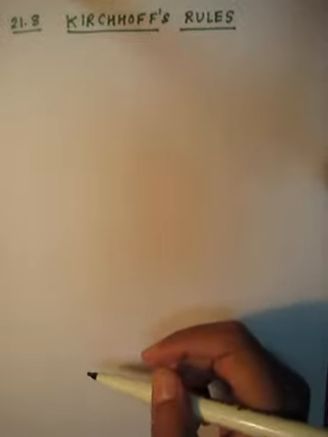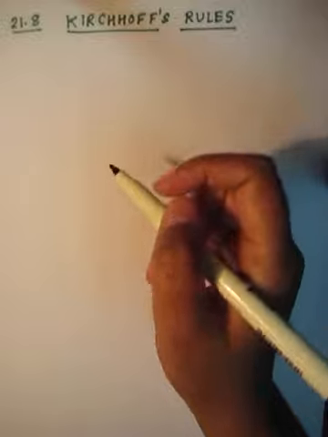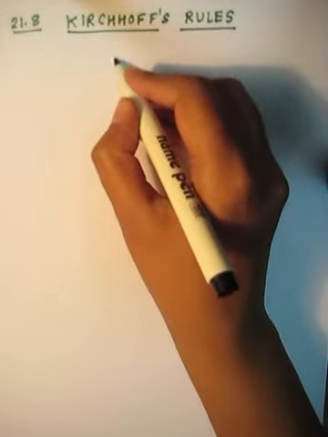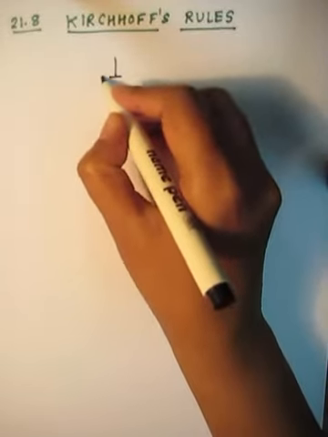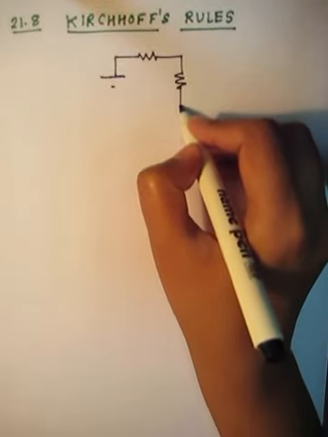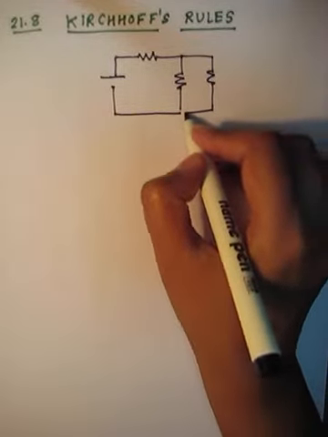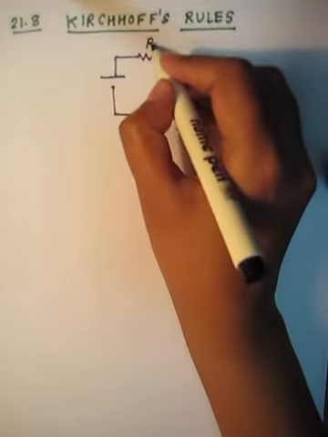We are going to study now what Kirchhoff's rules are. In order to solve complicated circuits, we use Kirchhoff's rules. Suppose you have a simple circuit where there is a battery and a resistor attached, and there is another resistor, and suppose there is another resistor here. If you have to solve this circuit,